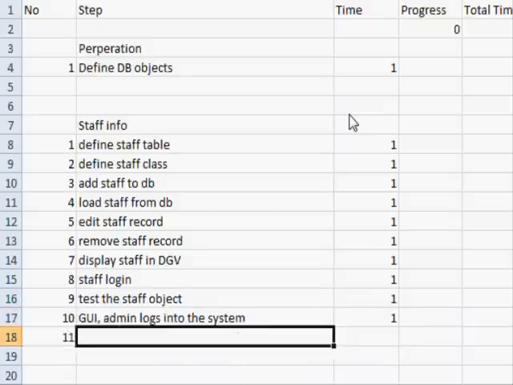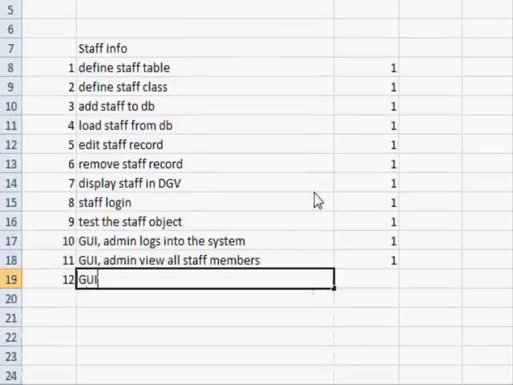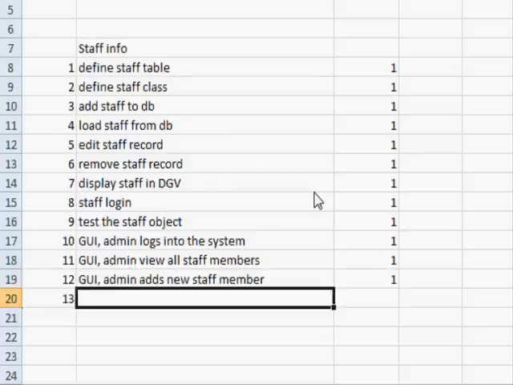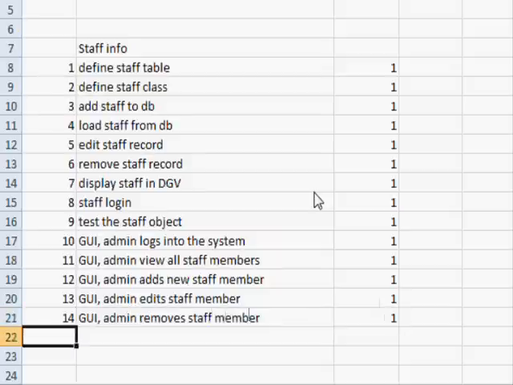Okay, and 11, GUI admin view all staff members. 12, next is GUI admin adds new staff member. 13, GUI admin edits staff member. 14, GUI admin removes staff member. And 15, GUI